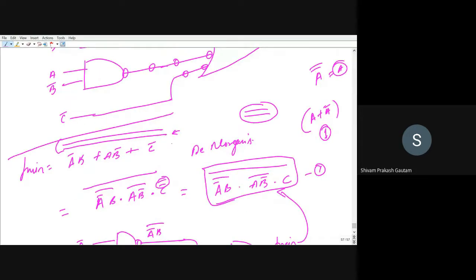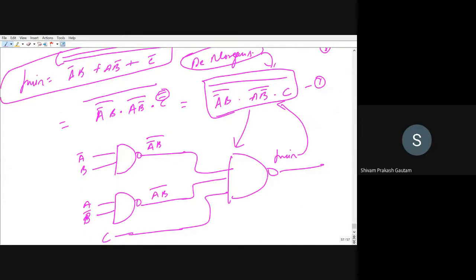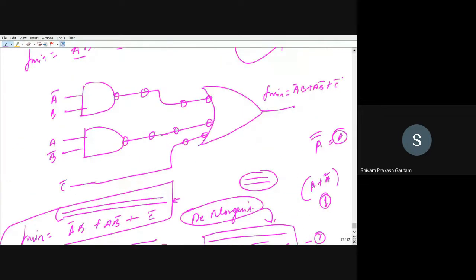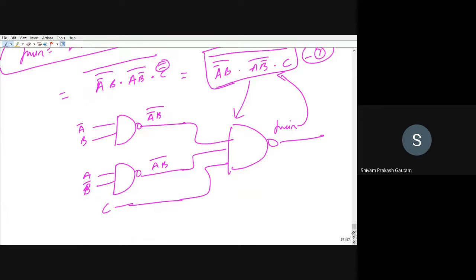You can use double bar. From that directly you are getting the minimized expression. Then you can go for De Morgan's, and then you can reach this expression. And from this expression, you can directly draw this NAND logic, because AOI logic to NAND is a multi-step logic. You have to perform many operations. If you get this expression, equation number 1, you can directly draw the NAND logic. Otherwise, you have to do it in 3 or 4 steps.